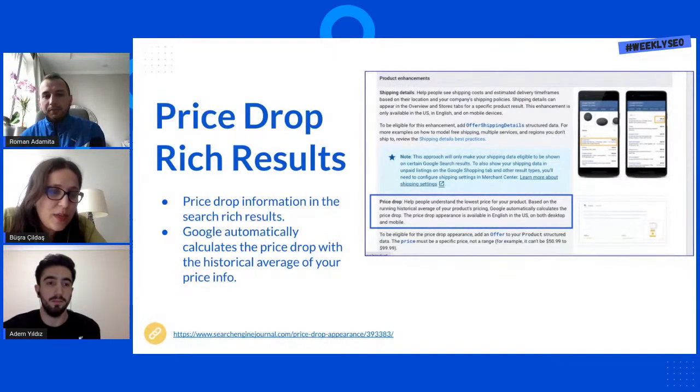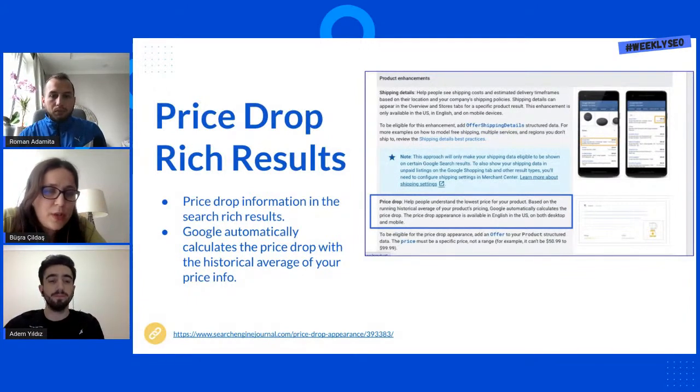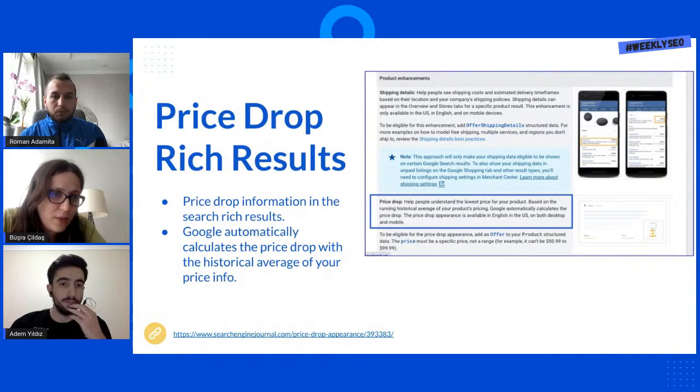This development is not a new schema or markup type, but it's an update to the existing product markup schema. Right now there's a price drop section added to the product markup guidelines, and it mainly gives information about price drops, price decreases, if there's any price decrease for that brand. And users do not have to provide any information about it. As far as I understand, Google will automatically calculate the price drop with the historical average of your price info. You change your price info from time to time, because you may run some campaigns,